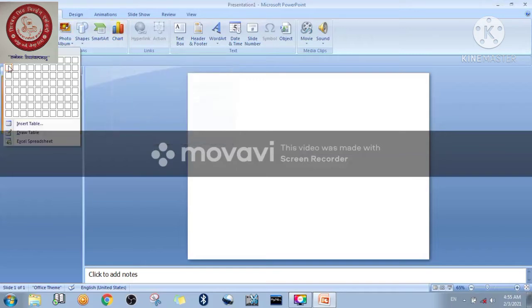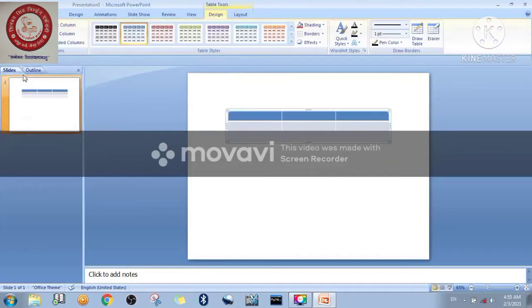And right now this is known as the table grid. If you select like this, then you will have the preview of this, and once you click on a particular cell, then immediately you will have your table, right? Like this. See, I have clicked, and the table is ready now, right?